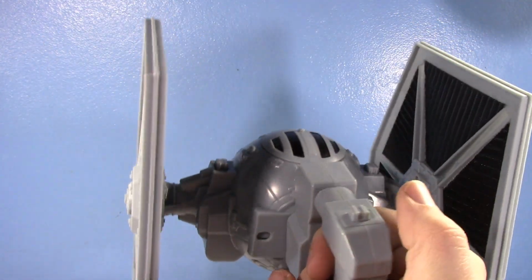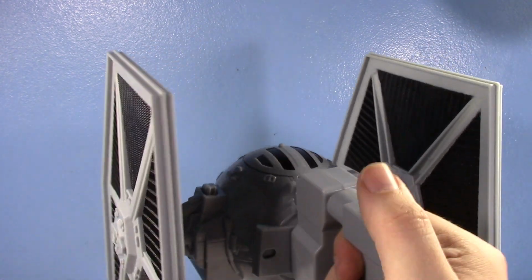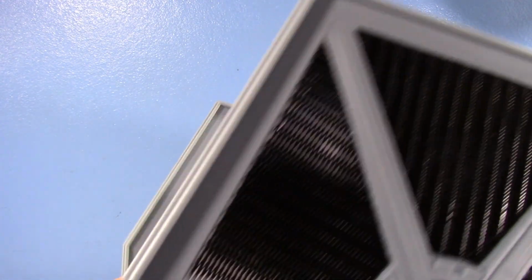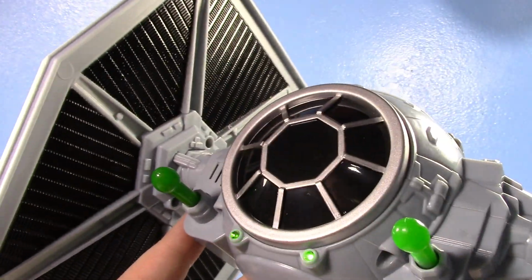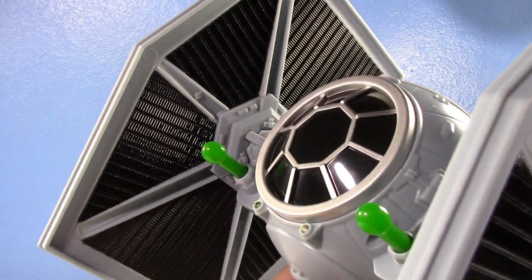I only wish... Oh, wait. I'm like, I only wish you could fire the missiles from the handle, but I just noticed this button. Oh! Oh my gosh! You can't fire the missiles, but...